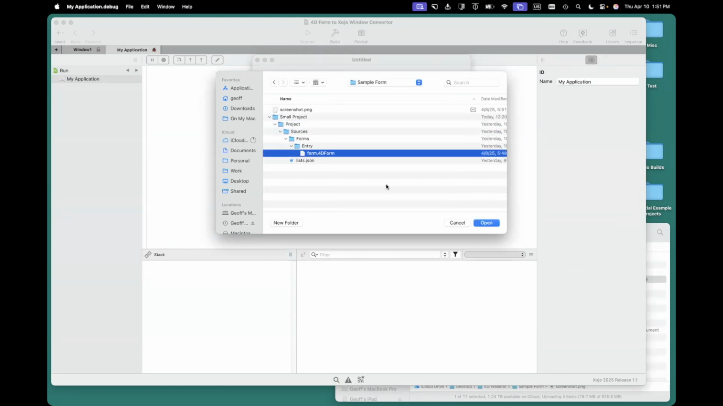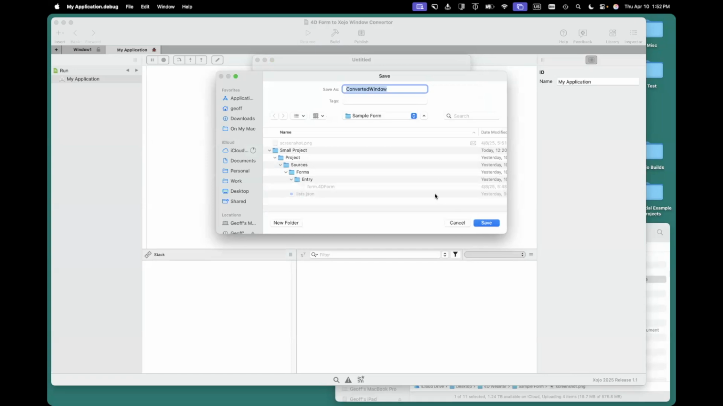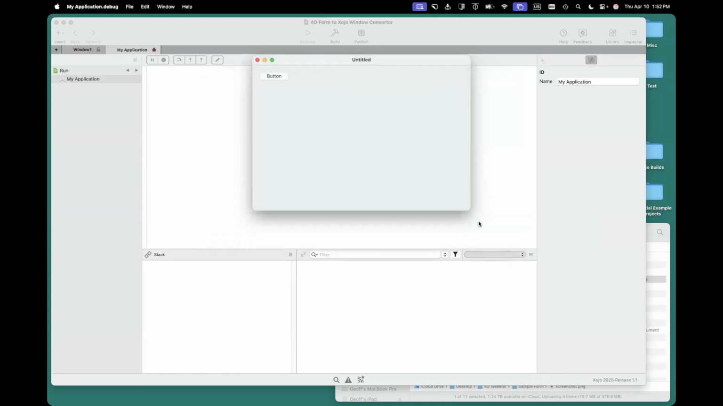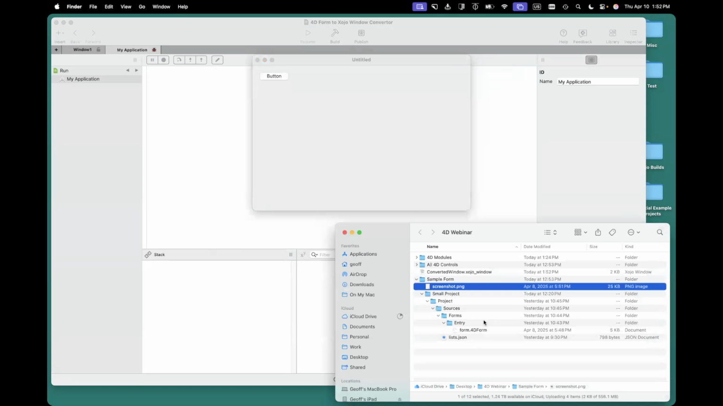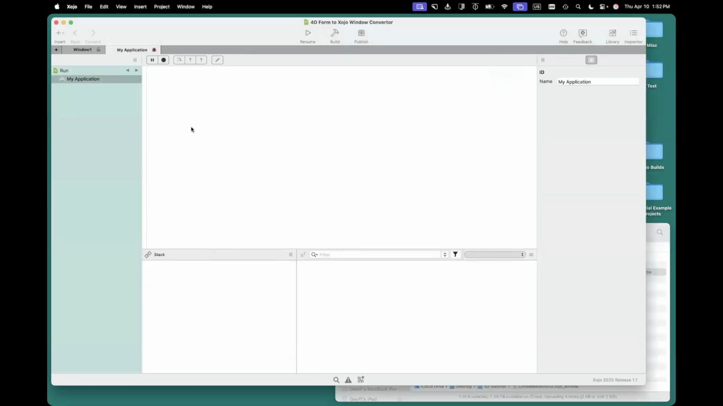Here's the form, right? Select it. Again, this is something I built in Xojo. So I've selected my 4D form. Now it wants me to save the converted window. Let's go back here and I'll save it here. Okay. And if we go over to the Finder here, you can see there it is, converted window, right? All right. So now let me make a new project